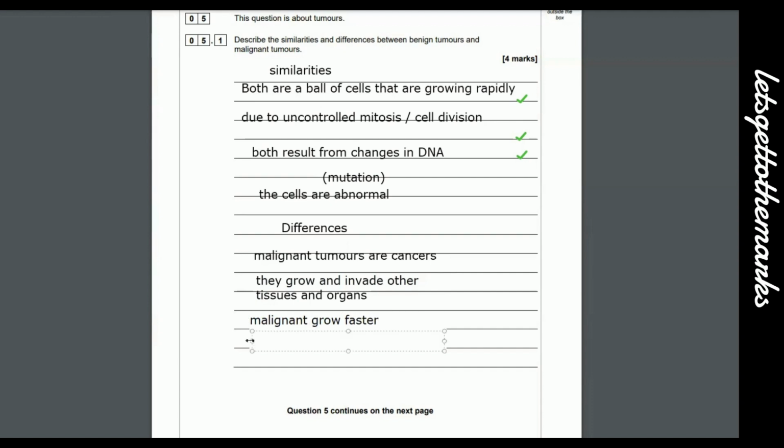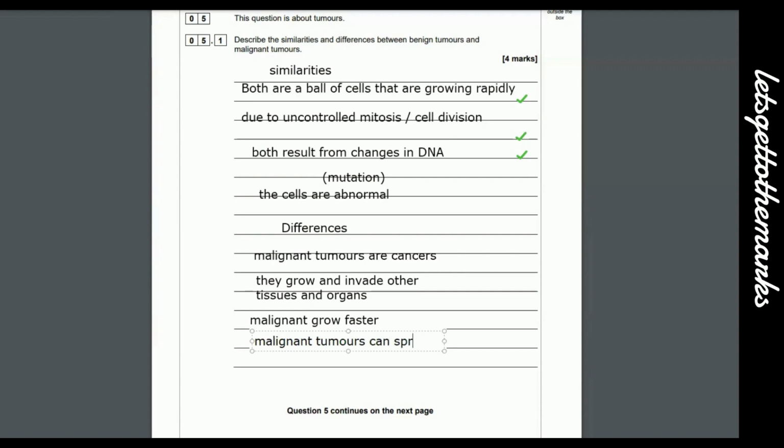So they're even faster growing. I don't need to keep writing malignant, but there we go. Malignant. Not only do they invade other tissues and organs and they grow faster, and we call them cancers, but malignant